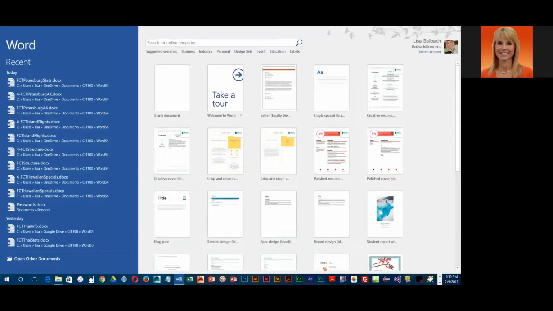You need to have a main document. And then after you merge the data source and the main document, you end up with a third file, which is your merged file. So there's really three different files that you're working with: the data source, the main document, and your merged document. So we are going to start by creating a blank document and creating our own data